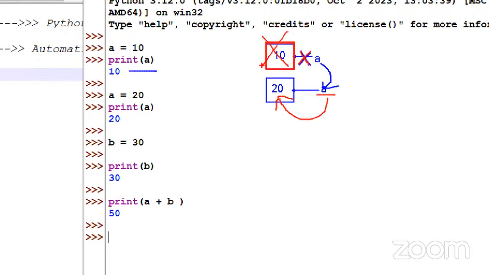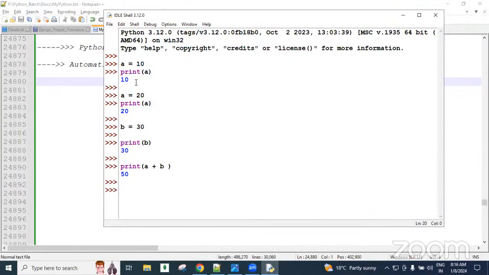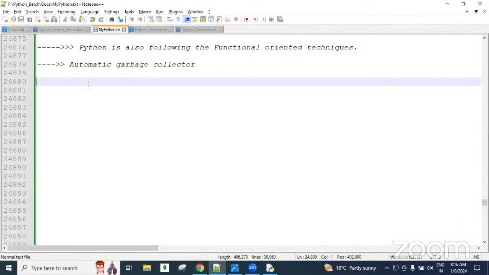All unused memories are automatically collected and deleted. So this is called the automatic garbage collector. Only the latest values which are available in the memory allocation are going to be accessed, guys. And also, guys, here